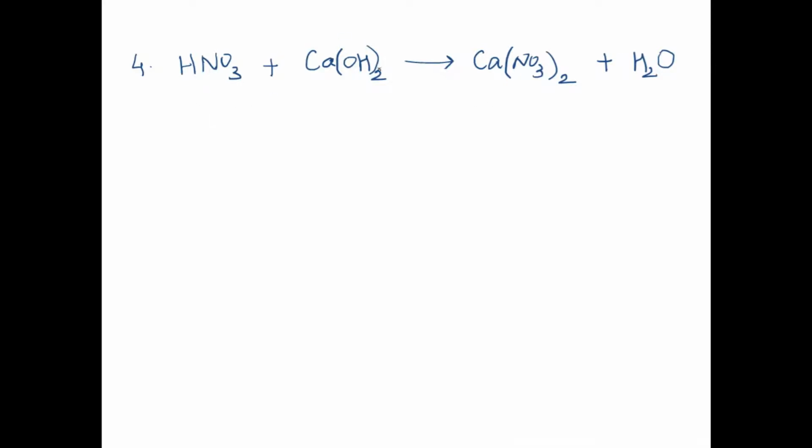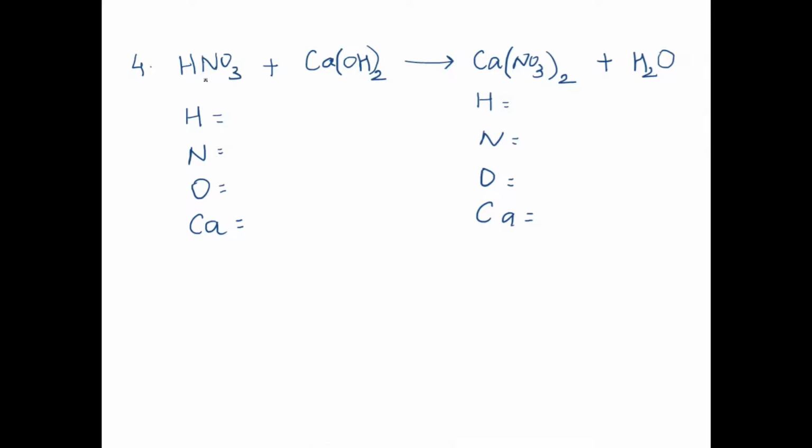Now how do these brackets work? We shall proceed. Which elements are on the reactant side? H, N, O and calcium. Do not write OH again and again. Only one time you are supposed to write it. Same, we write down H, N, O, Ca. We are writing the same elements on the left hand side and the right hand side